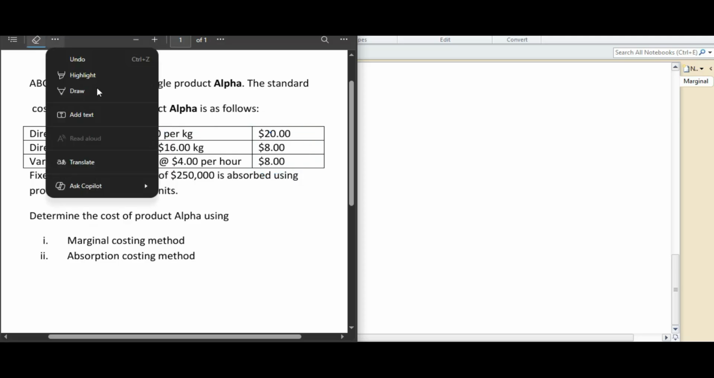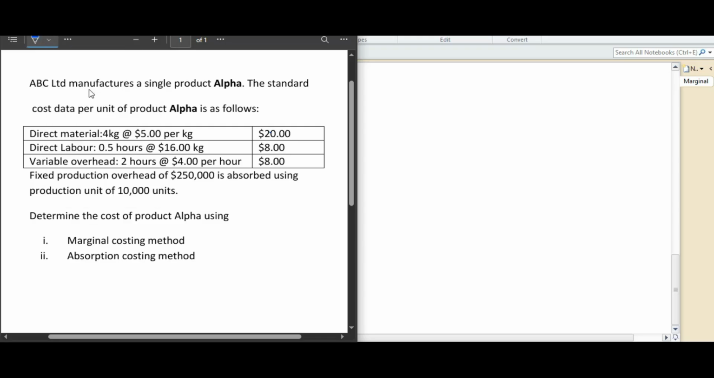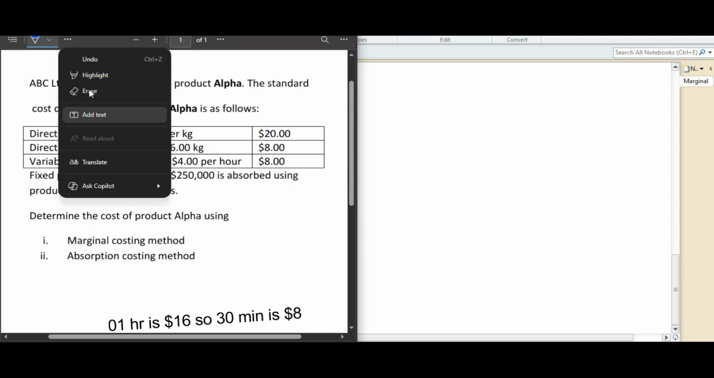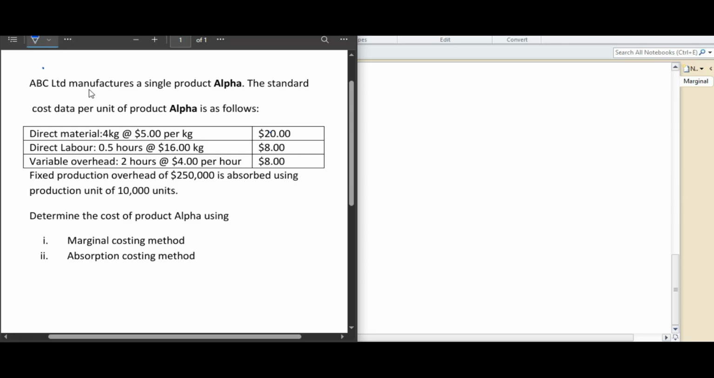When it comes to the labor hours, if you work for 0.5 hours, probably that is 30 minutes, you will be paid what? So this should be $16 per hour, not per kg. Then the variable overhead is 2 hours at $4, and that will also give us $8. Now the fixed production overhead of